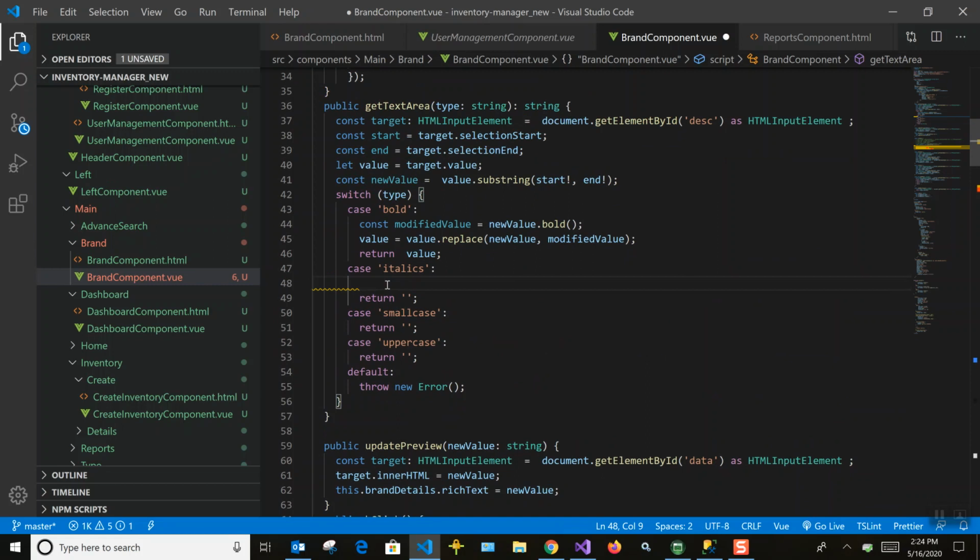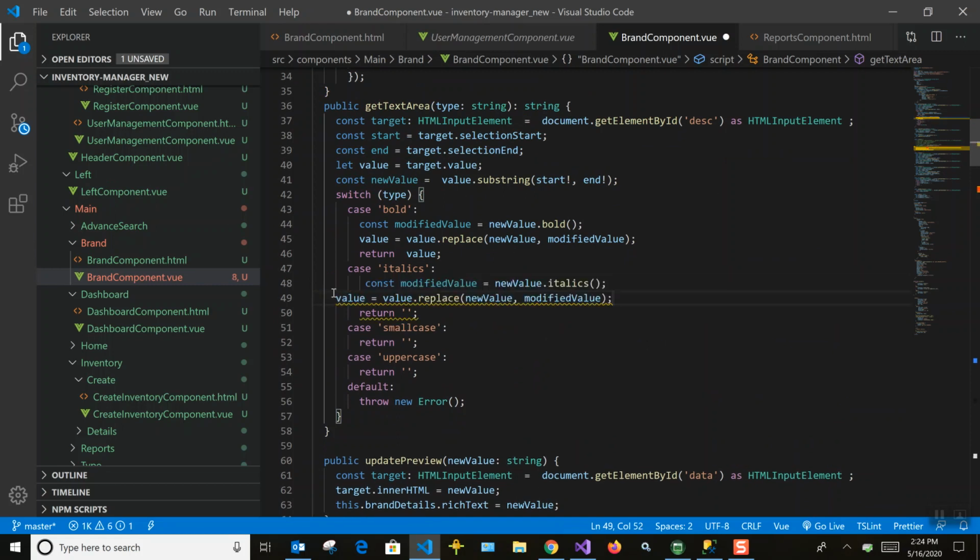So what we are going to do is... okay. That's all we need to do, and we need to return the value.